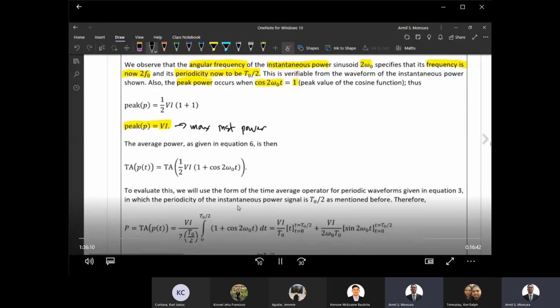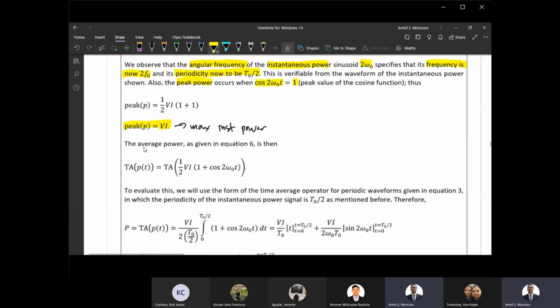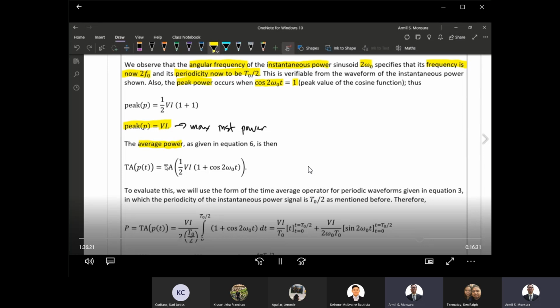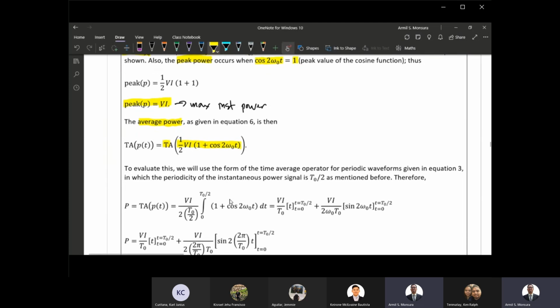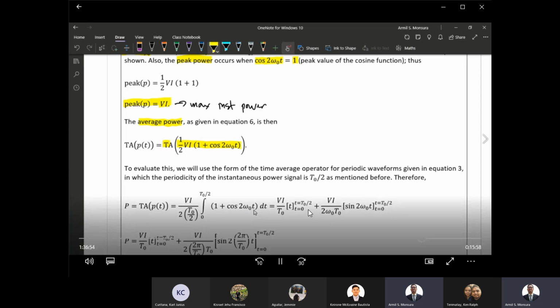Okay. Now, let us now compute for the average power. Okay. So in this case, again, using the time average operator. Okay. This is now your instantaneous power. We can actually divide this into two parts. Okay. But take note that the entire thing is periodic. So yung 1 plus cosine 2 omega_0 t, that entire thing is periodic. Okay. So therefore, consider what the formula that we will use here, or the form of the time average operator that we